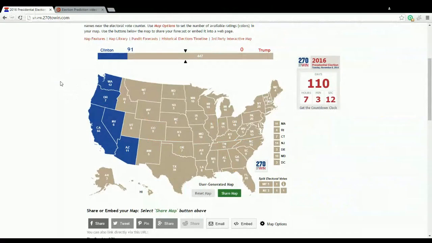Reno and Las Vegas have the highest population and the highest Latino and black vote. And in Idaho, Bernie Sanders has pledged to take Idaho, but now that I see the lead that Trump has in Idaho, I think that's crazy. I don't think he can take that.